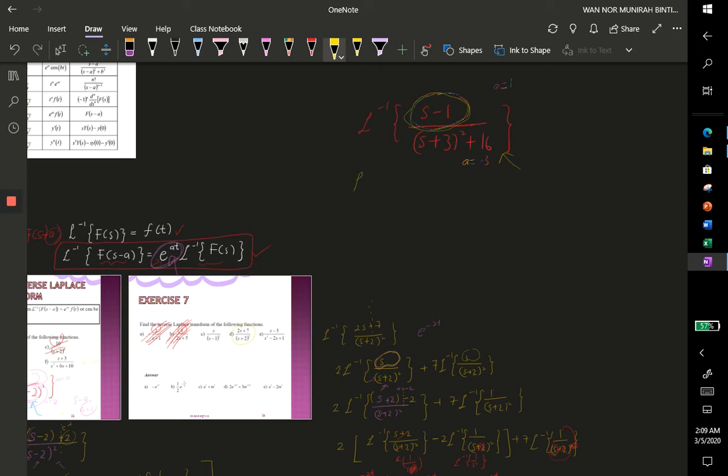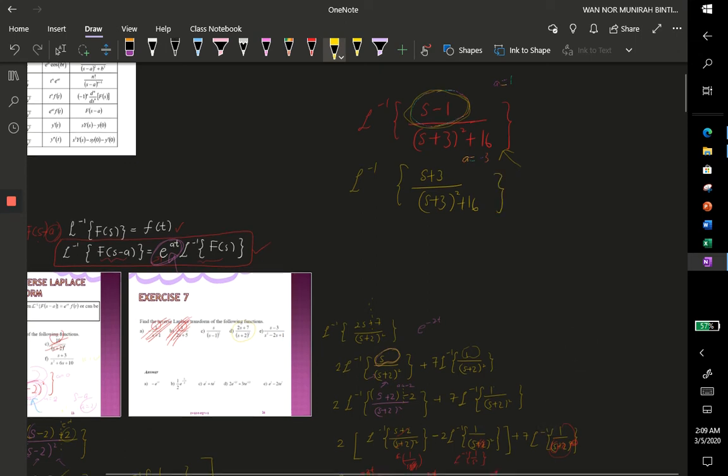So what you need to do first is take the Laplace inverse, just follow s plus 3 square plus 16. Just copy your s plus 3 and paste it on your numerator. Then only you think, okay, this one is one function. I have s plus 3, but initially the original function is s minus 1. How to make s plus 3 become s minus 1 so that I have my original function back? So you have s plus 3, in order to get s minus 1, what you need to do is you need to minus 4. Okay, that is the idea.